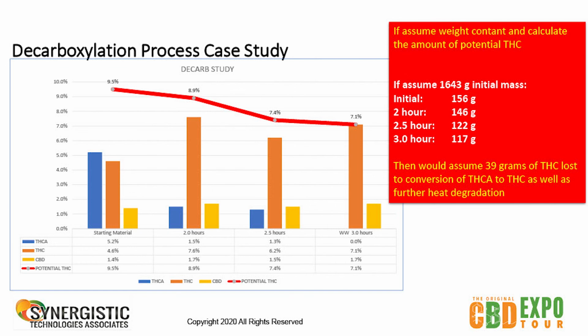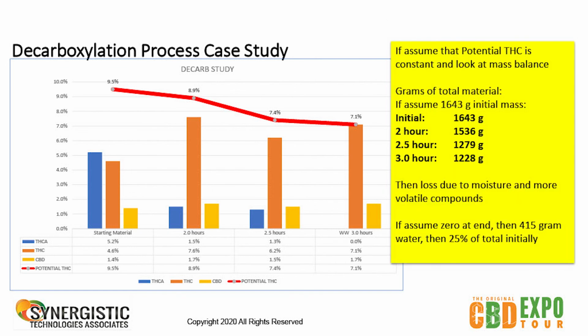So that would assume that 39 grams of THC was lost in the conversion of THCA to THC, as well as further degradation, whether it's CBN or some other product. But if you take the second assumption and realize that there's other material in there, and you assume that the initial loss was due to moisture, then by the time you're at the end, you can see that your initial